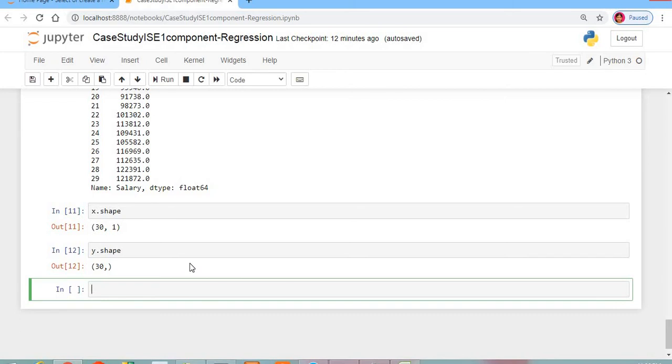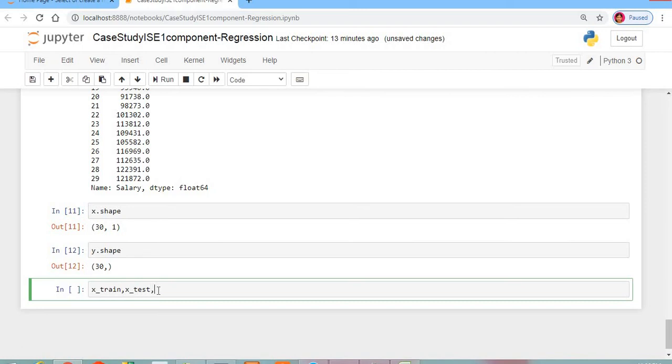Now how to split this data set? So let's see, x train comma x test. Out of let's say 30 records, some records will be for training, meaning we will be training our machine learning algorithm, and x test will be for testing purposes. Testing means we will be validating our results. Validating results means checking the actual values and the predicted values, and what the difference is, which we will be able to calculate with the help of this.